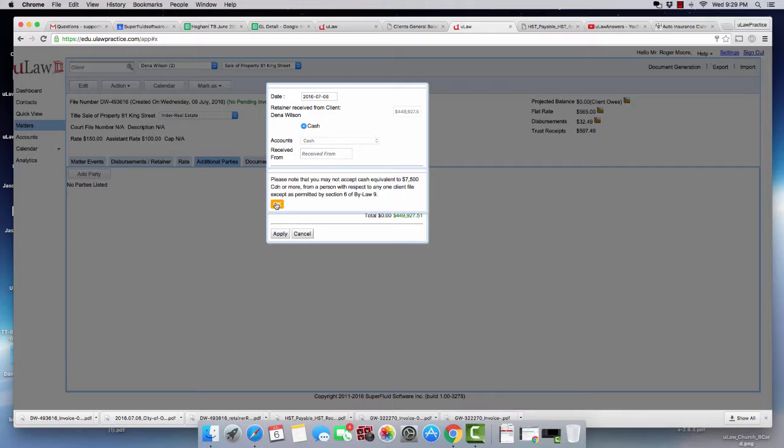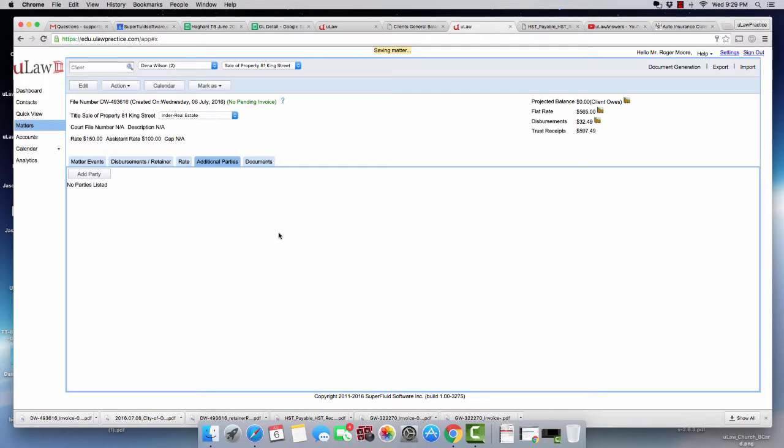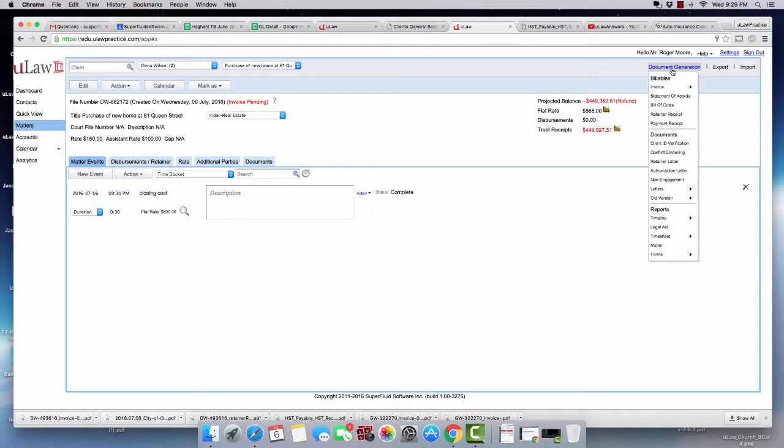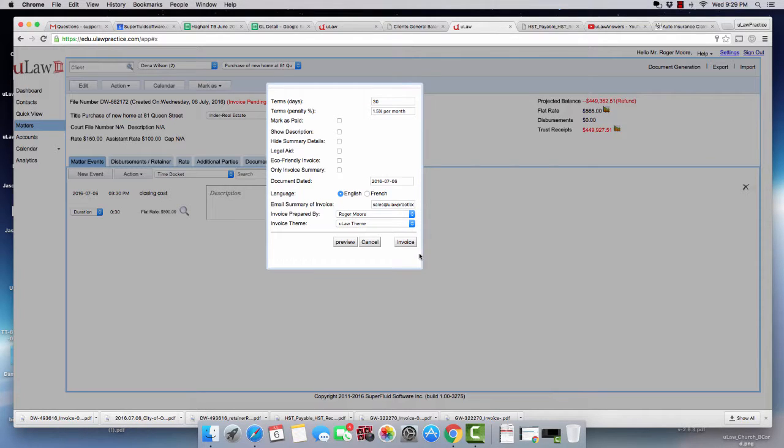So now, when you do that, you'll see that the purchase matter will now have all the funds. So now, obviously, you will have your closing cost here, right? Let's say it's another $500. I'm not going to show you more disbursements, but just an example. You can invoice this money, right? I'm going to invoice that, complete it,